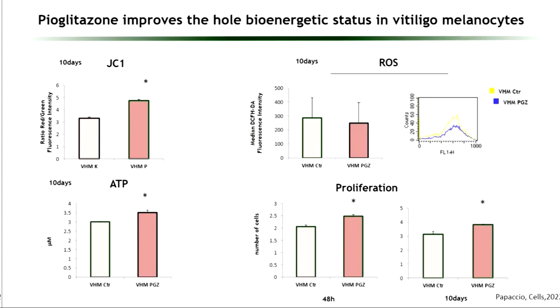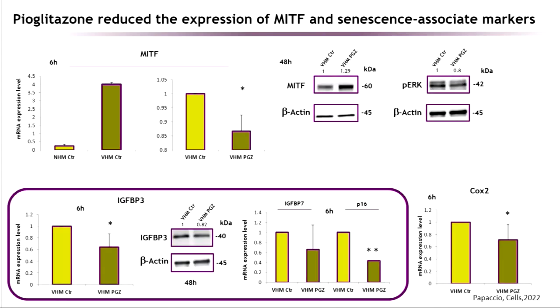And with improvement of the membrane potential of the mitochondria, and at the end, basically, we observed the increase of the production of ATP, so there is an increased generation of energy metabolism inside the cells, and this is associated with an increased proliferation in vitro of the vitiligo melanocytes. So basically, the meaning generally is that there is an improvement of the metabolism of the cells following the treatment